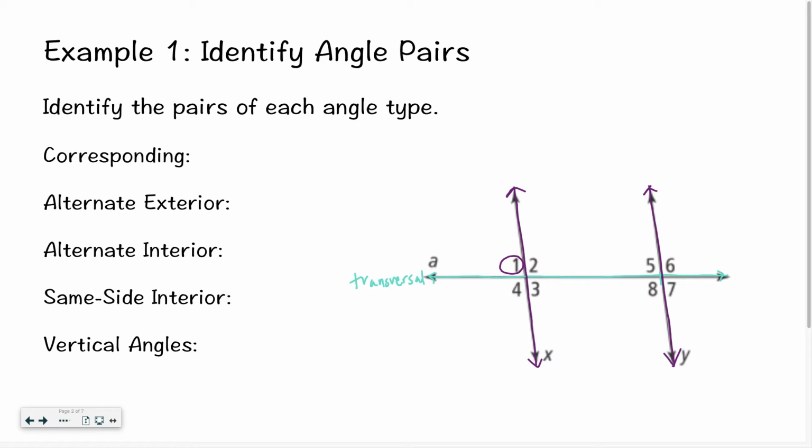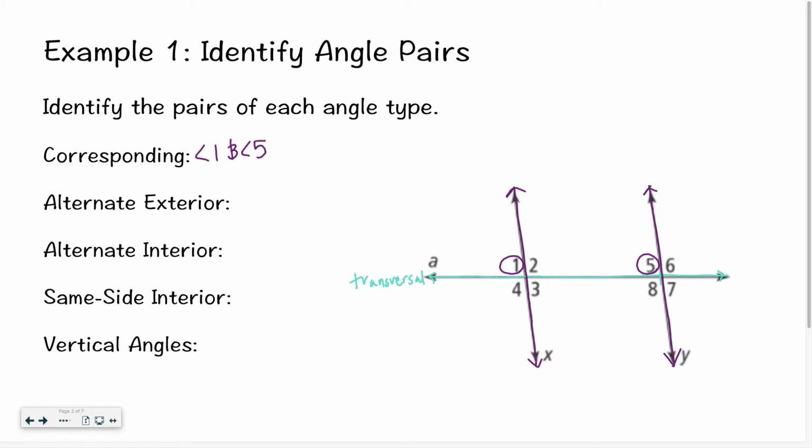It's sitting above the transversal. So I'm looking for another angle that's sitting above or on top of that transversal. And I'm also looking for an angle that's sitting to the left of the parallel line, the purple line. So you can see angle 5. If you look at those two angles, you see that they're located in the same exact spot, but shifted over on a different line, right? So angle 1 and 5,